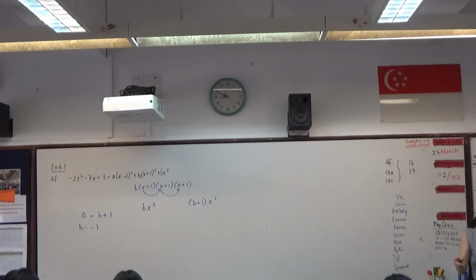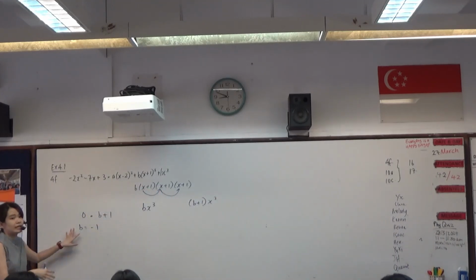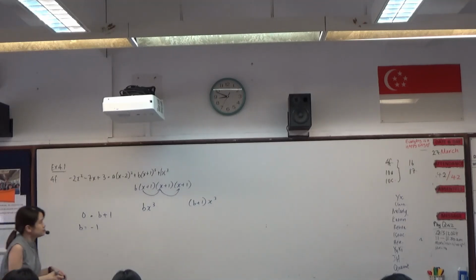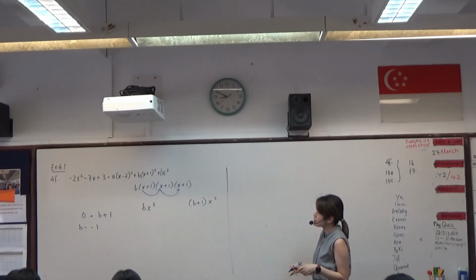Okay, so that's another method. One method is by observing the expansion and then comparing coefficients. The other method is to substitute in suitable values. If you want to do it by substituting suitable values,